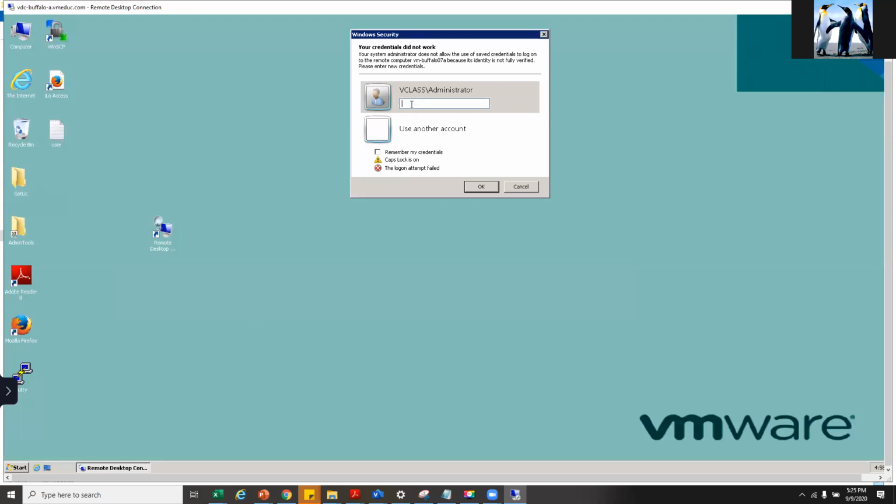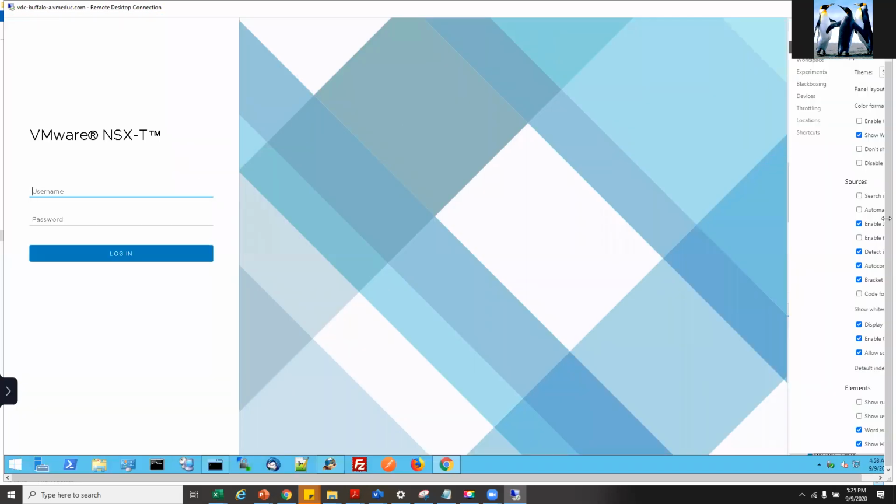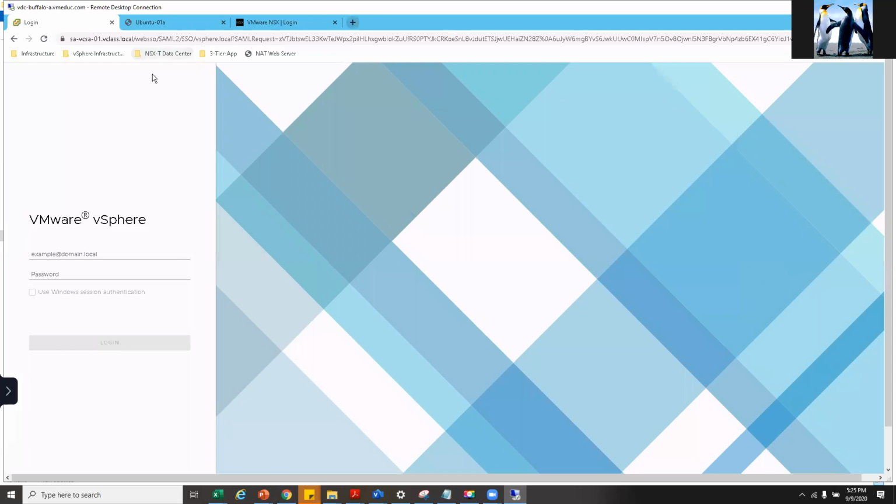This is not any kind of VM lab. This is an actual VMware lab with the licensing and all. If I go there, I already have that NSX manager installed. This is the vCenter. I already have one vCenter and